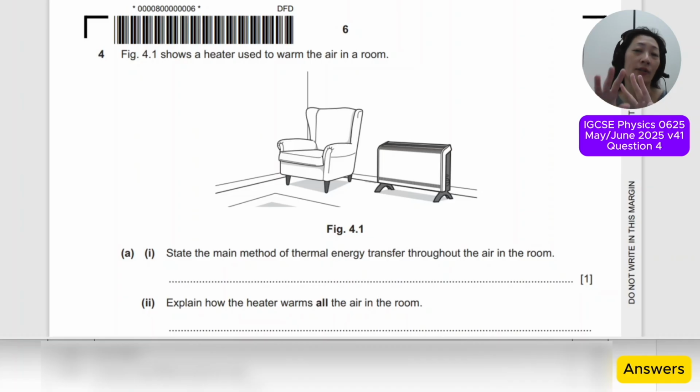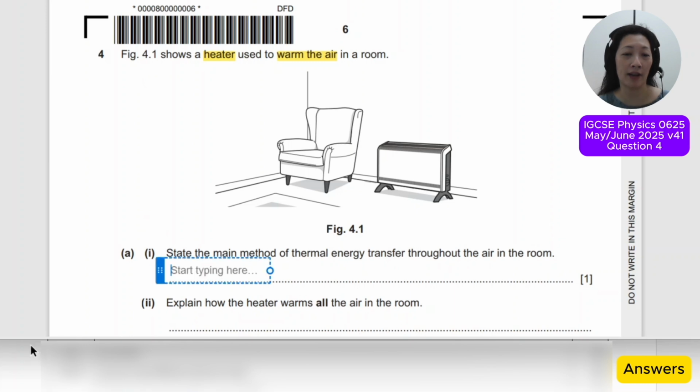So what this question wants you to identify is which of these three methods is the main method of energy transfer in this picture. So the hint here is that the question has told you that a heater is used to warm the air in a room. So in this case, the answer is very obviously convection,